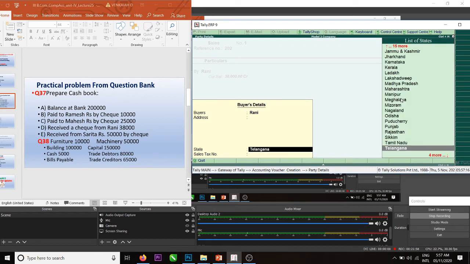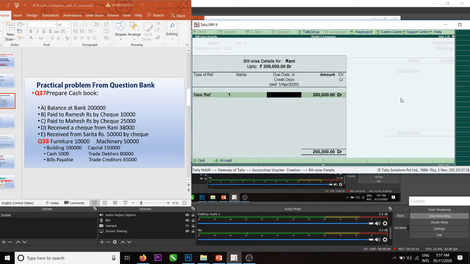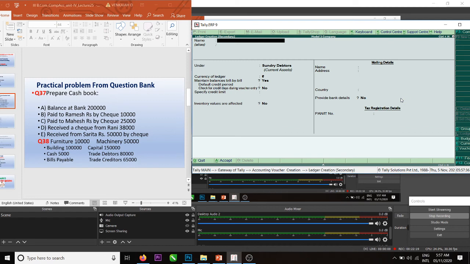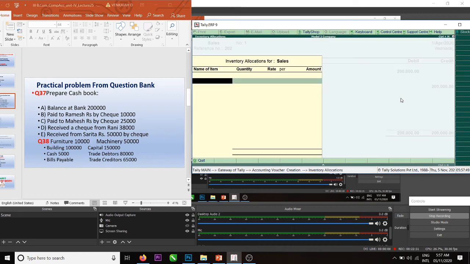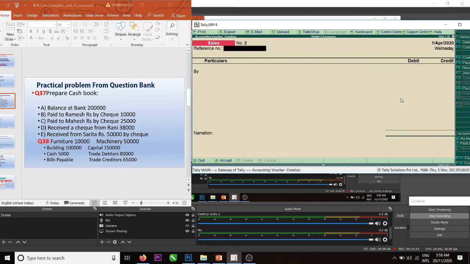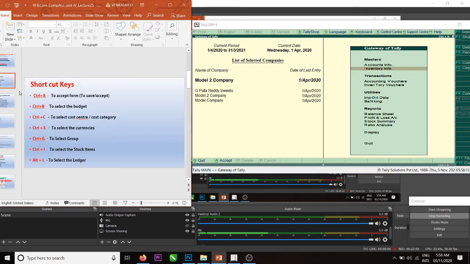Control B. So budget is available. Budget option is available at the time of creation of ledger accounts, or altering the ledger accounts.